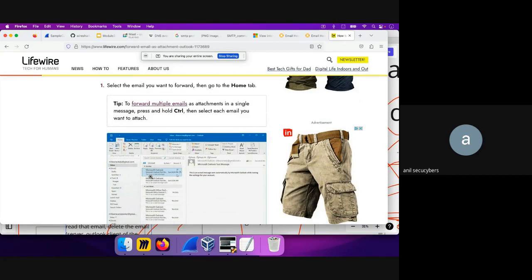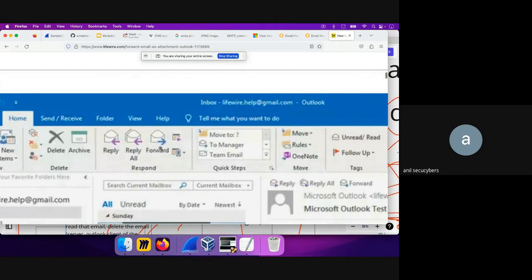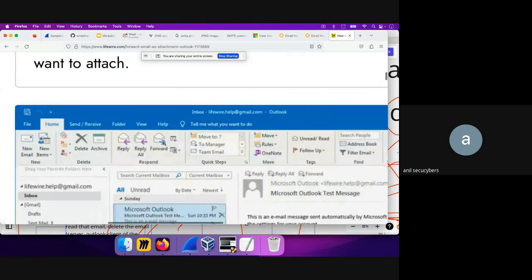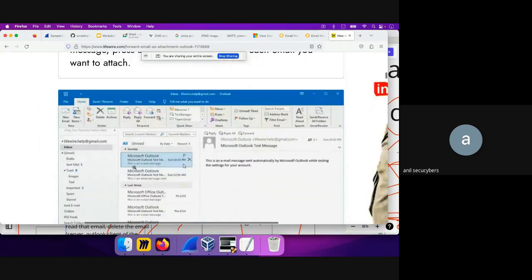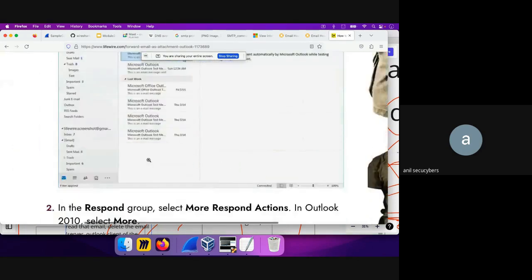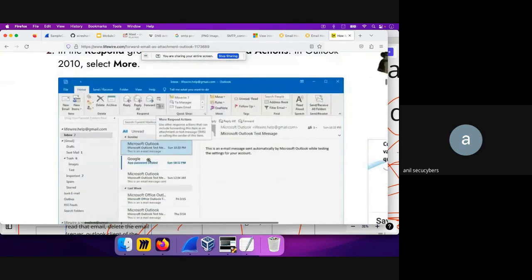Not like the user clicking on the forward button and sending that to us. Not like that. What we tell the user is to open this email, save it in a desktop folder, then write a new email to me and drag that saved file from the desktop as an attachment to the new email and send it out to me. So I will receive this email as an attachment. If you see over here,